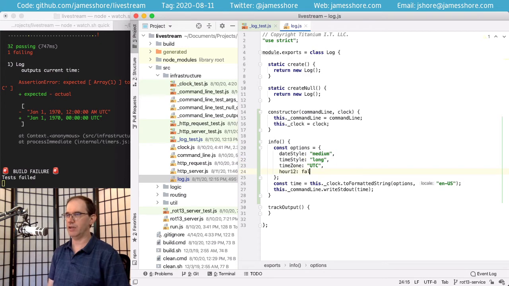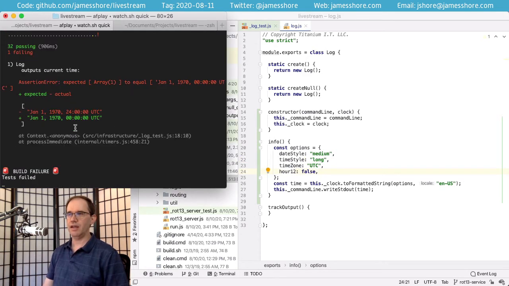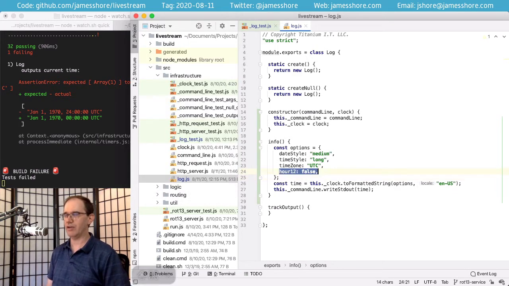So let's say that we don't want 12-hour time. And that's almost what we want, except that I think I'd like midnight to be 0, because in a log, I want it to read more sensibly. So instead of using 12-hour time or doing it this way, what we can say is, let me look at my cheat sheet, hour cycle is what we want.